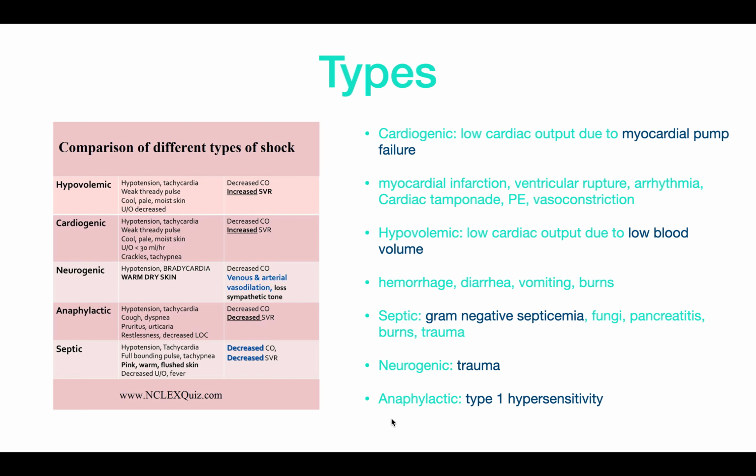Anaphylactic shock is due to a type 1 hypersensitivity, so this is an allergic reaction. It's going to be characterized by hypotension, tachycardia again, a cough, dyspnea, pruritus, so a rash, urticaria, which is hives, restlessness, and decreased